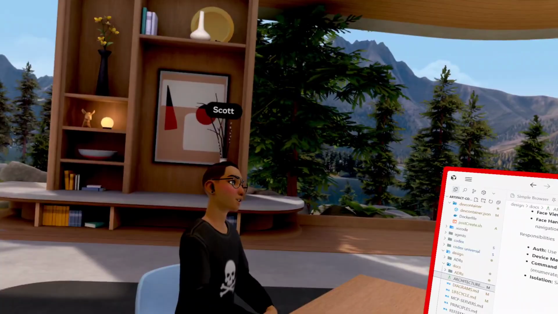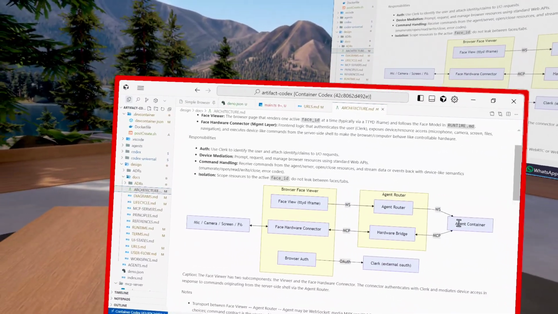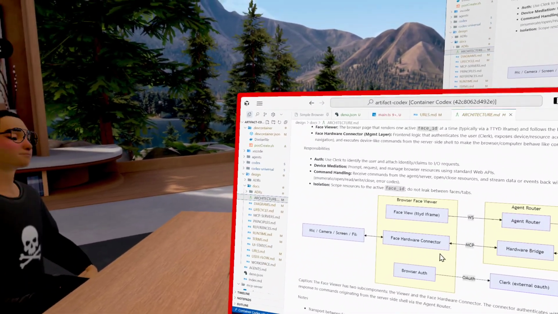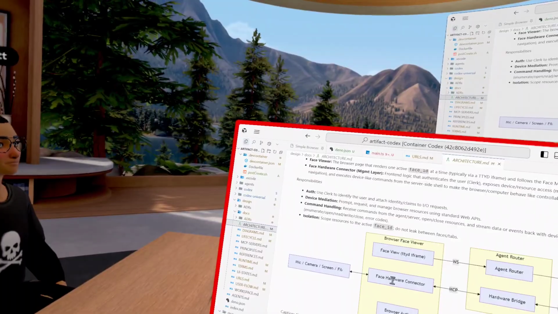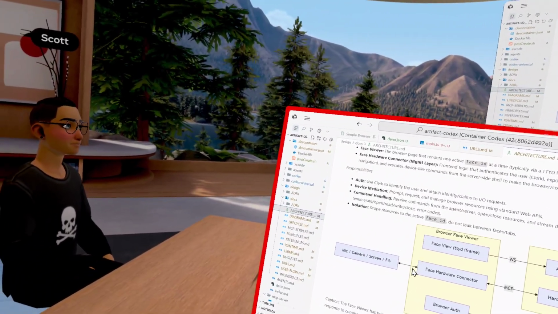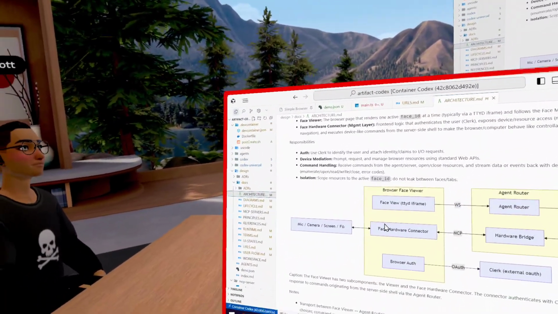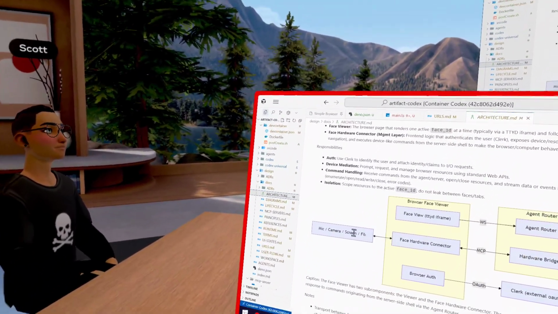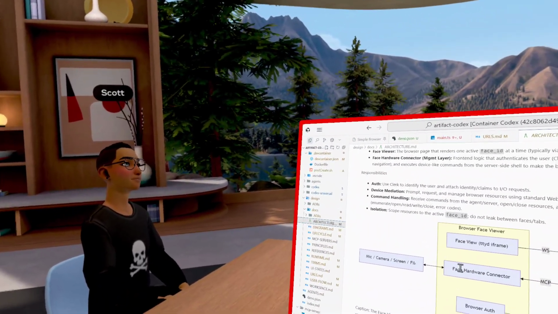That problem's been solved then. This piece is easy because it's very standardized. That's what the browser working group does, is standardize that type of thing. That's excellent. They've done a great job there.